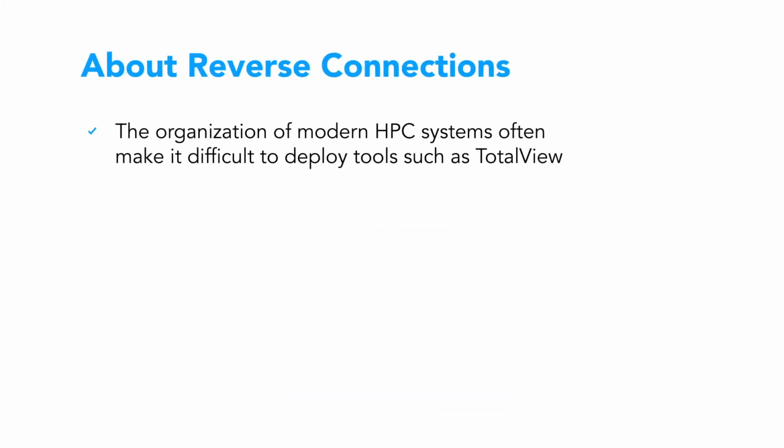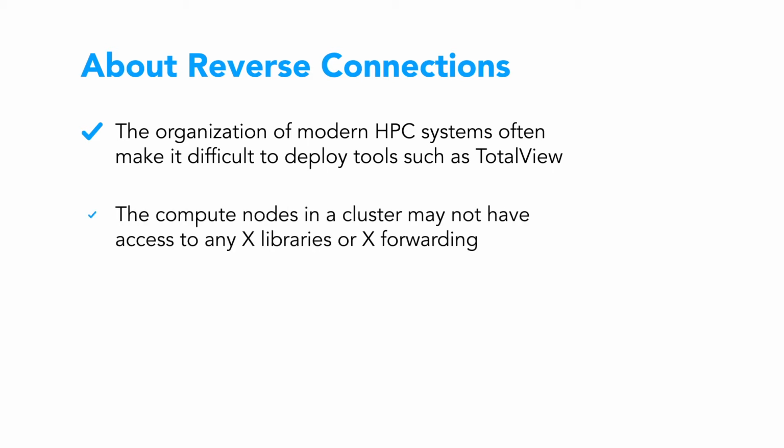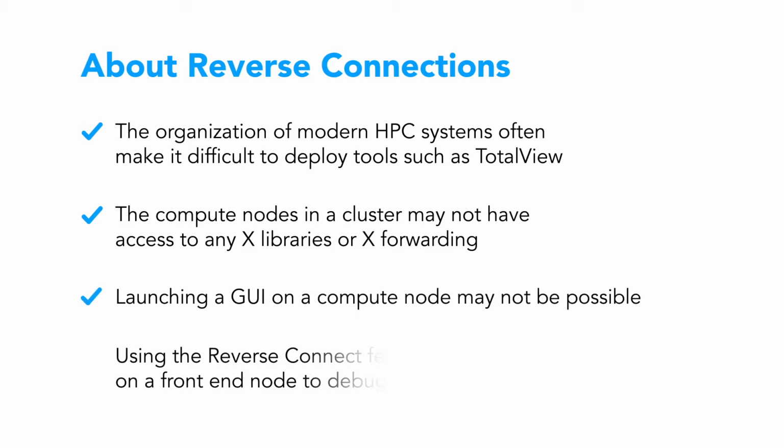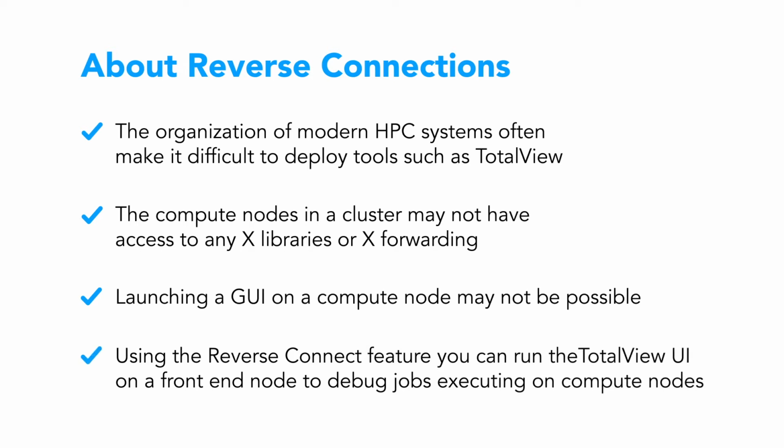The organisation of modern HPC systems often makes it difficult to deploy tools such as TotalView. For example, the compute nodes in a cluster may not always have access to X libraries or X forwarding, so launching a GUI on a compute node is not always possible. Using the reverse connect feature, you can run the TotalView user interface on a front-end node to debug a job